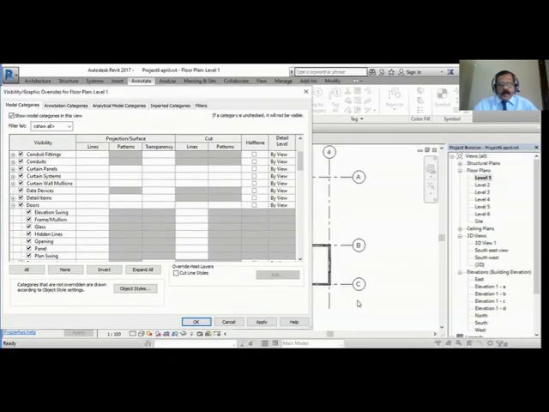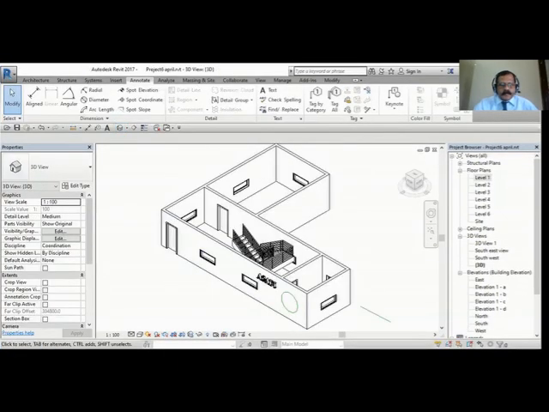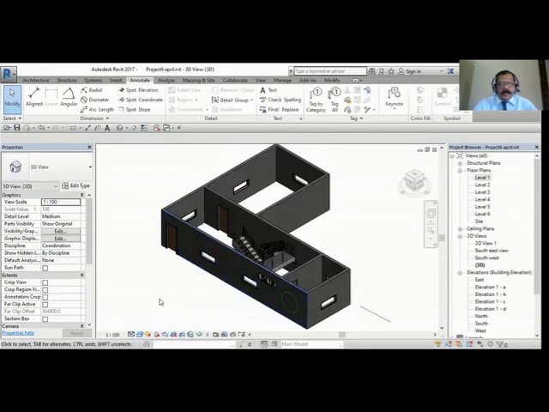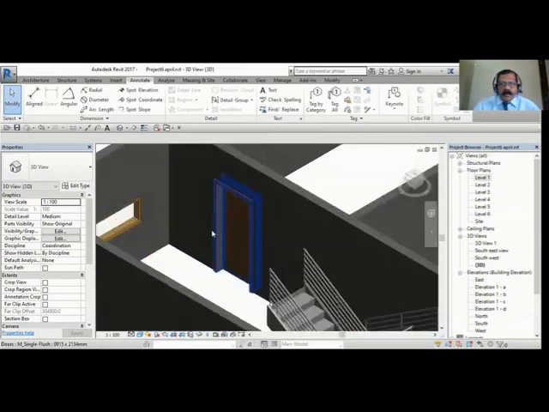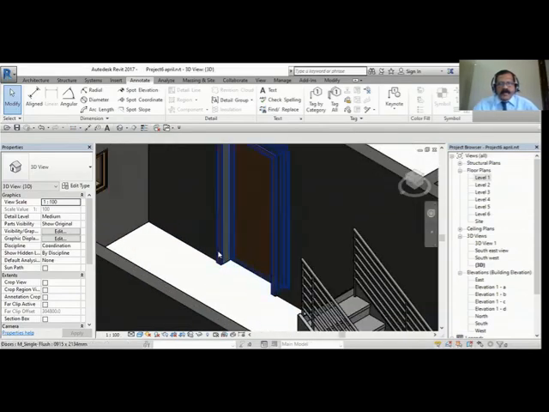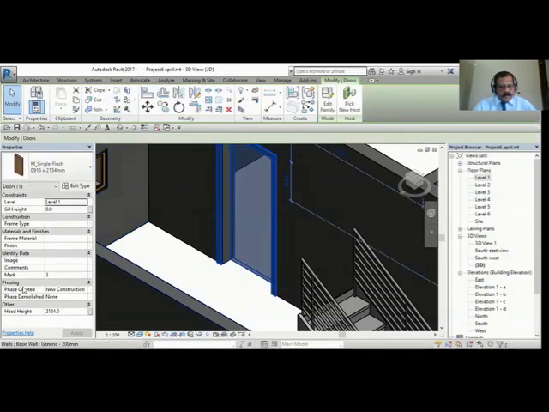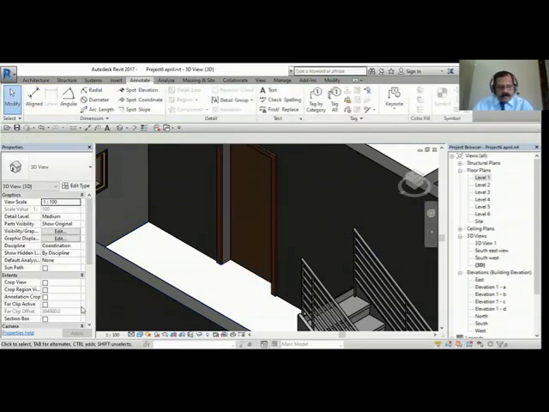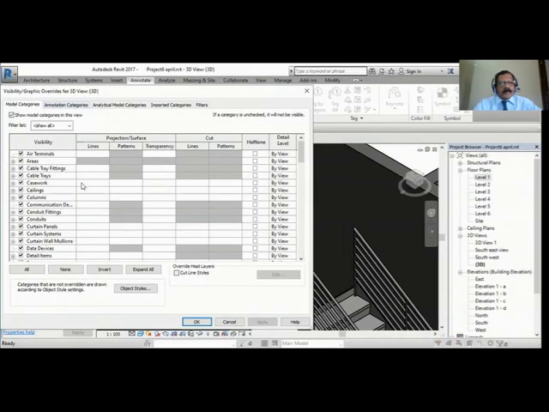Okay, so let us go to 3D view, shaded view. You see here one door is here. I want to switch off this frame only. You select the door, visibility graphics, VG, go to doors.